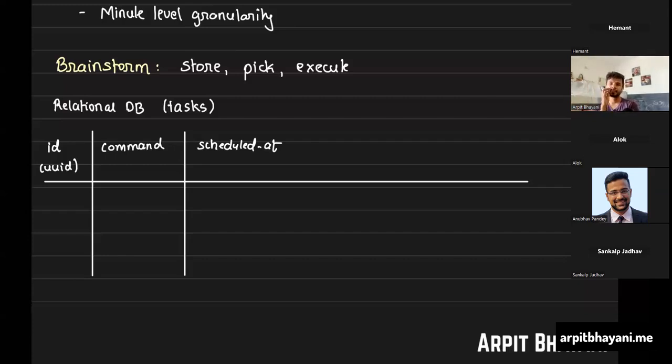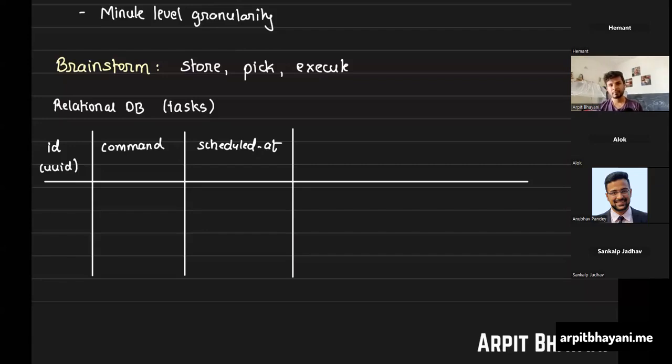We may need to see who can execute it and all those things. Do we need to think about authentication? Authorization is different. No, let's focus on just task execution. We may need to think about something around success or failure. We would not have retries, but we would still need to show the user the status, right? That it failed or it passed.